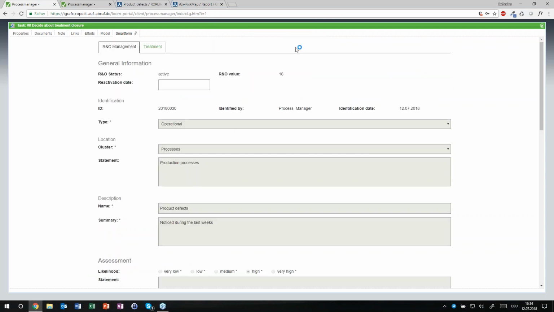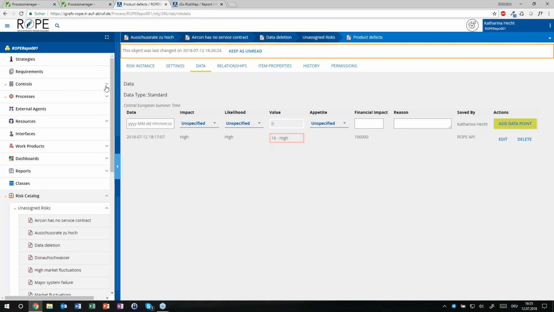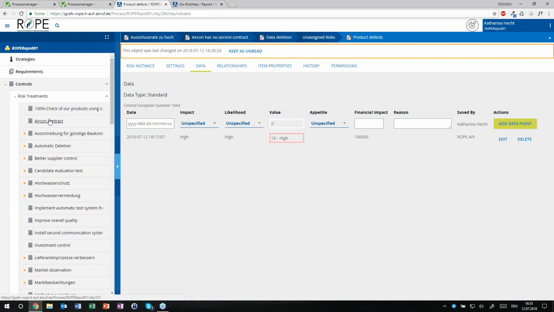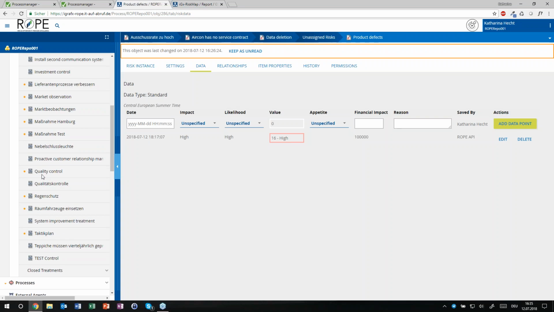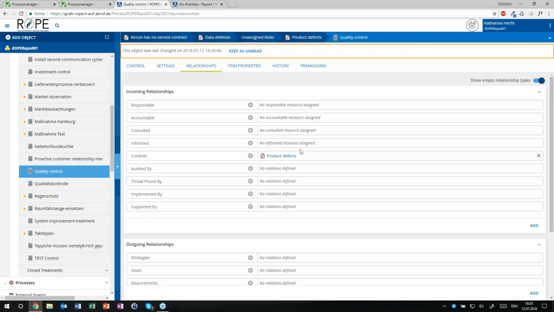And then we will also see that in our workflow tool, so we can directly track it has been started, it has been finished, and when it has been finished. So now with that information we have about the treatments, I can go back again into our iGrafx platform because we also have our controls automatically defined here. So whenever I scroll down, there's something called quality control. And you can also see that the quality control is directly linked and mitigating our risk product defects. So this has all happened in the background and is now documented here.